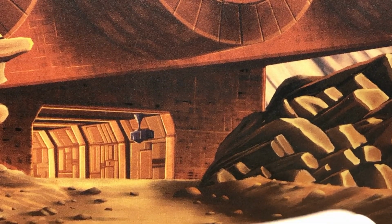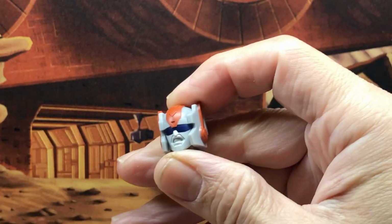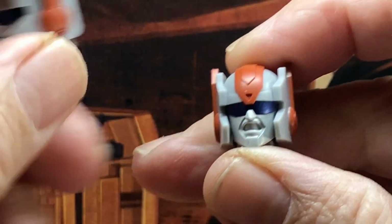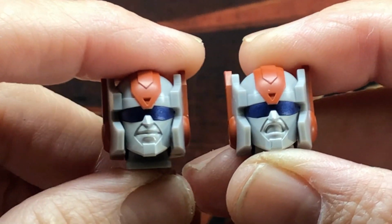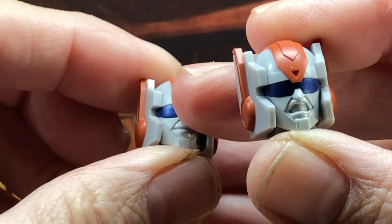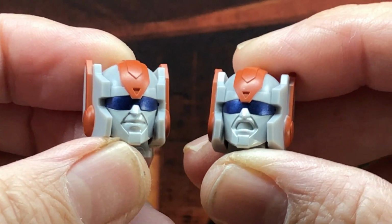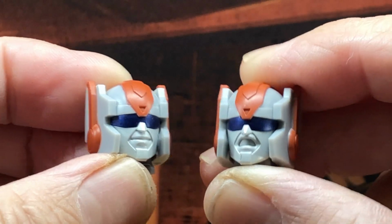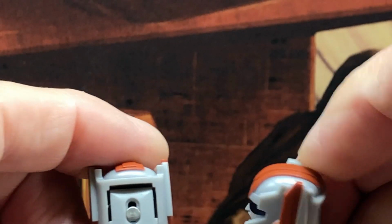And then you get two accessories. So let's take a look. You get two different heads. One's just kind of looking at you, and the other is kind of like a grin or something. So I mean, yeah, these aren't really practical in my opinion, but these are nice to have for different options. And then